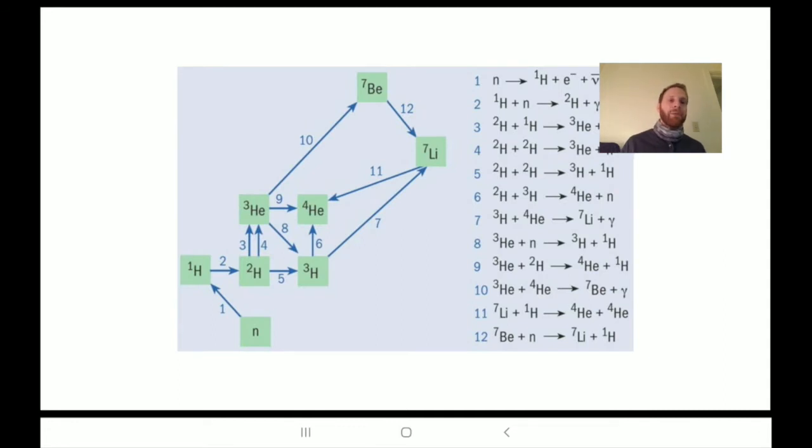And there's a series of reactions that occur. This may look complicated and busy, but trust me, there are many more such reactions that need to be taken into account in these sophisticated Big Bang nucleosynthesis codes. But this can show you the different ways that one can take a proton and neutron and combine different light elements to form the heavier light elements like helium, like beryllium, lithium, etc.